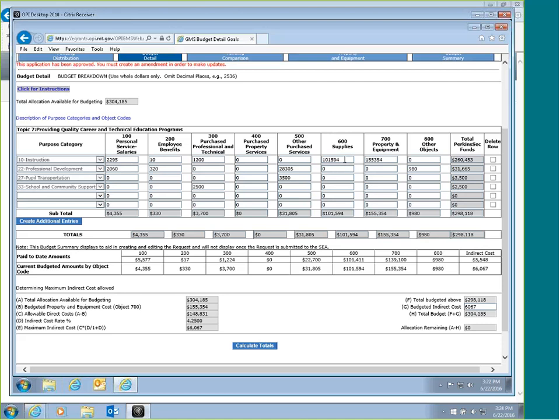600 is your minor equipment. It's just called supplies, but this is minor equipment, and then 700 is your major equipment. Category 800 is any of those professional dues that you are going to pay for your career and technical education teachers. You'll also see under professional development that there's another $28,305 that were assigned. I know category 500 just says other purchase services, but please make a note,